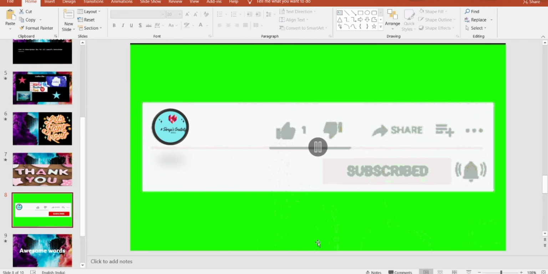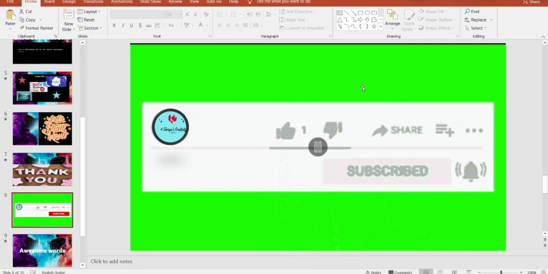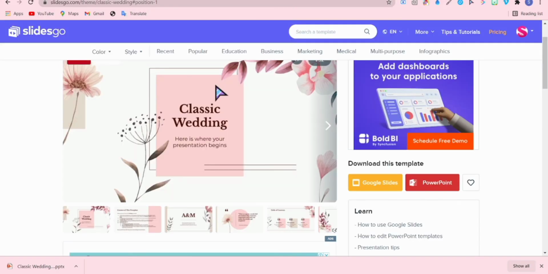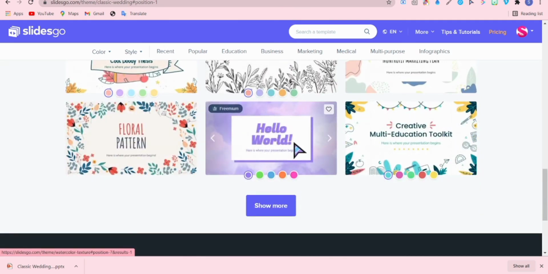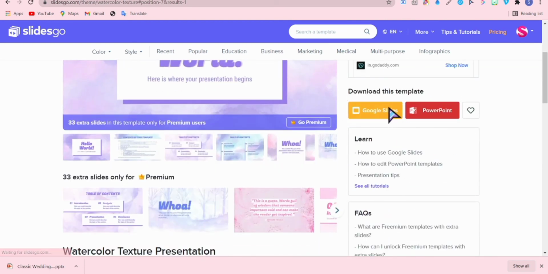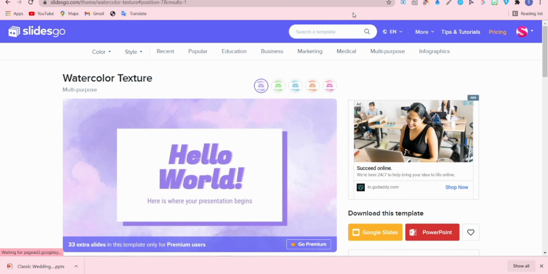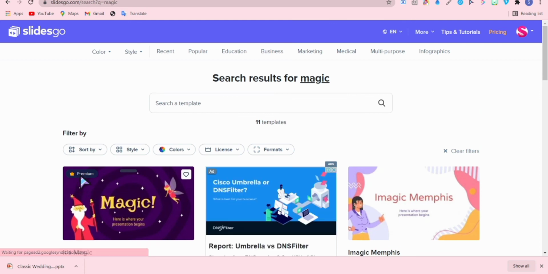Also, I forgot to tell you something. When you are downloading the templates of SlidesGo, I'll just show you. There are many premium templates. See, there is written free premium. So free premium means you can download, but suppose I just search for a premium one to tell you. Now here you can see premium.